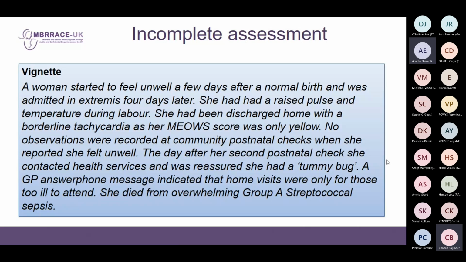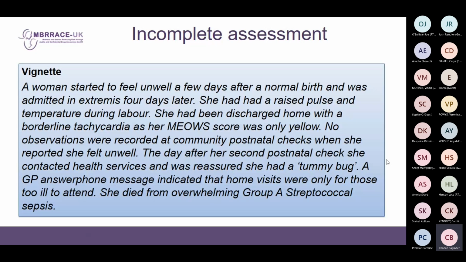Really scary. It is scary, isn't it? But this is us. We're not doing it intentionally. But I don't know how you can not act on certain parameters or not record parameters. So again, it's important thinking about your documentation and things like that. But you could see something like this, it shouldn't have happened. Do we all agree? Or we should try our best to prevent it.